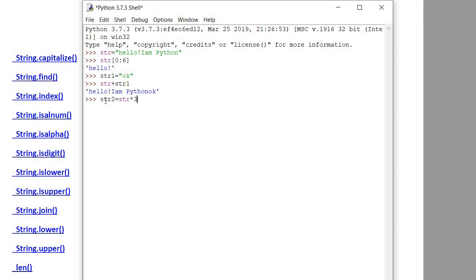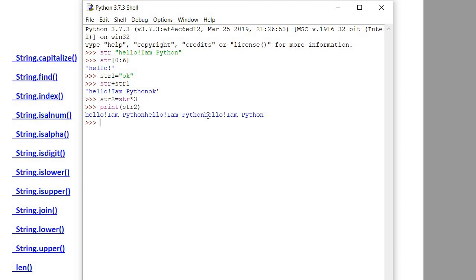I want 3 times. Okay, fine. Now print str2. If you see now your string str, Hello I am Python, Hello I am Python, this comes 3 times. Fine. So it's just a repetition.